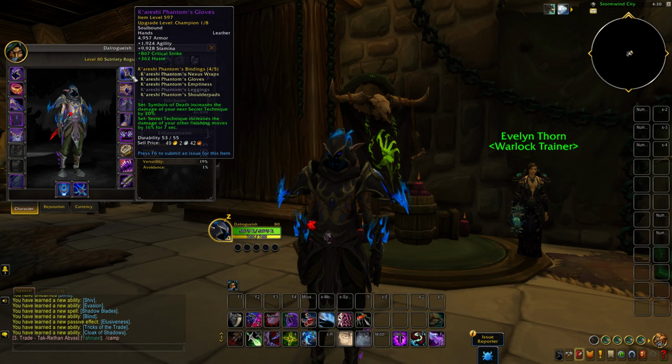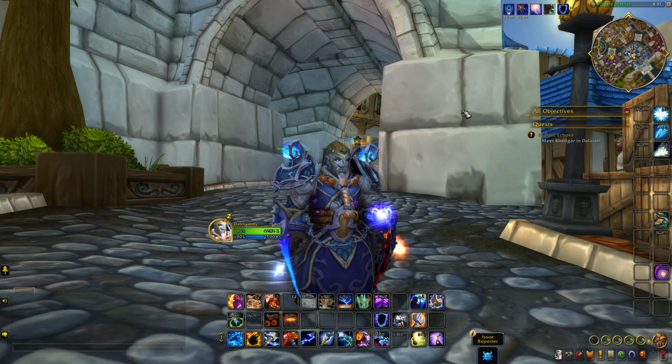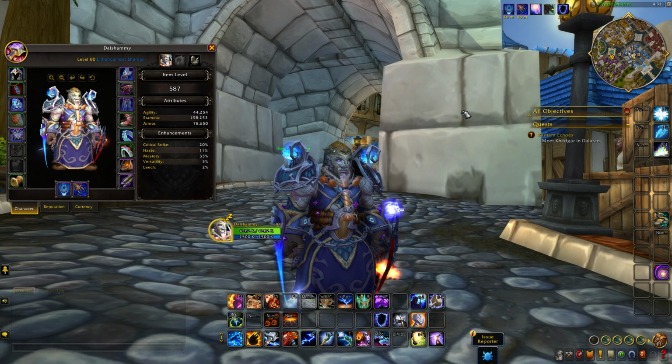Finally, when it comes to the spec of Subtlety, we have a 2-piece bonus where Symbols of Death will increase the damage of your next Secret Technique by 20%, and Secret Technique increases the damage of other finisher moves by 16% for 7 seconds. From there on, we move to the class of Shaman, starting off with Enhancement